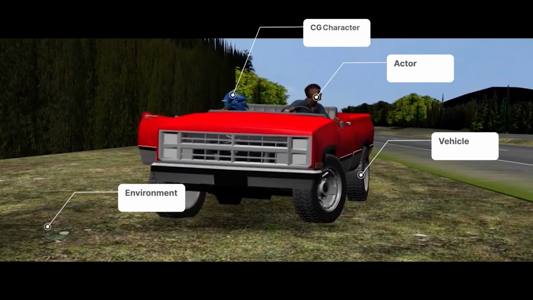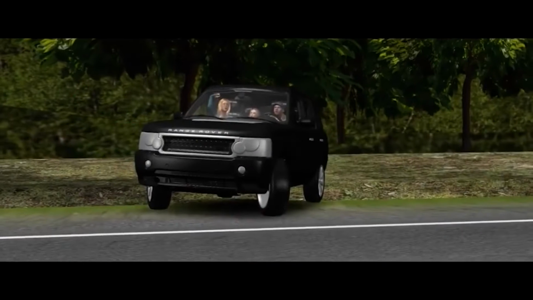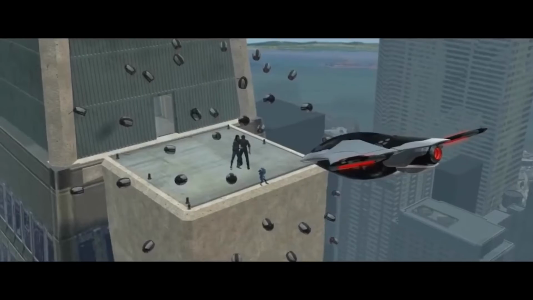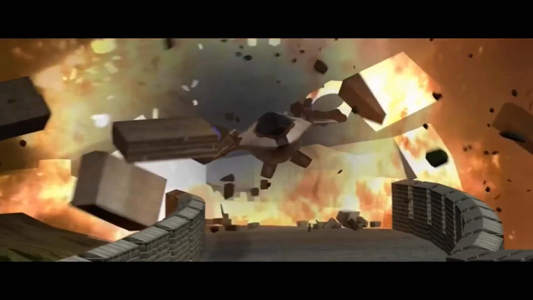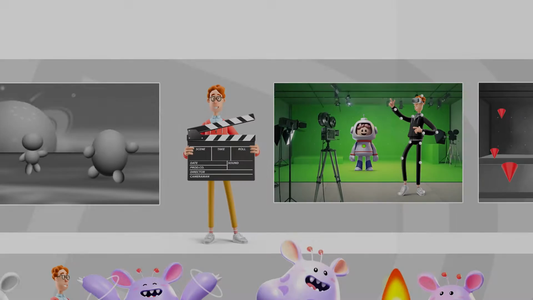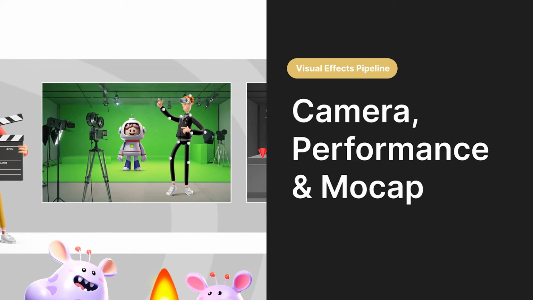It allows the director to make decisions about the camera angles. They can visualize the scale and design of any sets they need. They can even review real-world locations that might be needed, and even start planning any complex stunts. Once the previs is approved, production moves to the real world, where film crews, actors, stunt doubles, mocap artists,